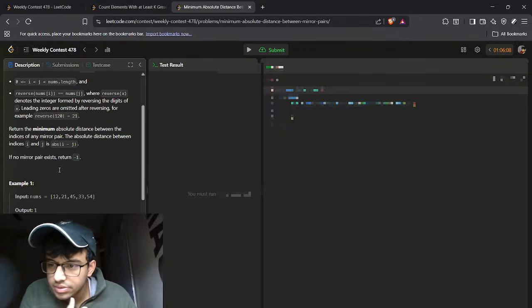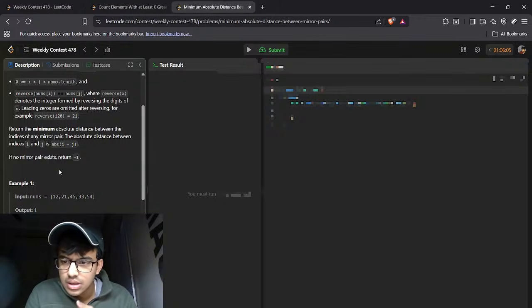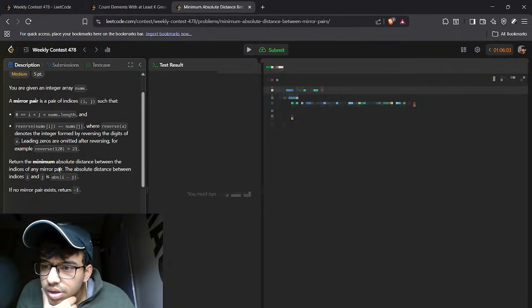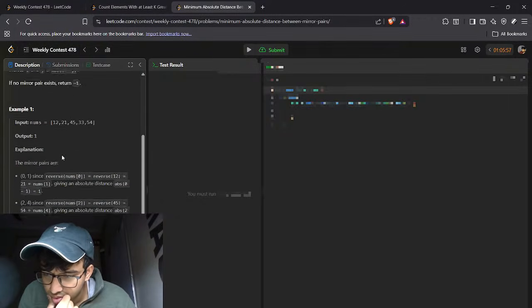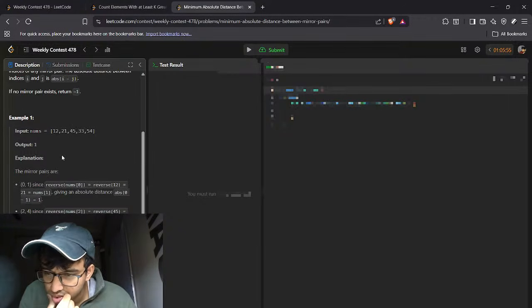Return the minimum absolute difference between the indices of any mirror pair, the absolute distance between i and j. A mirror pair is indices such that